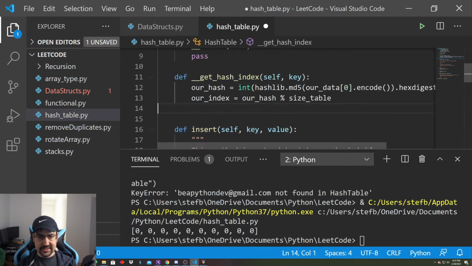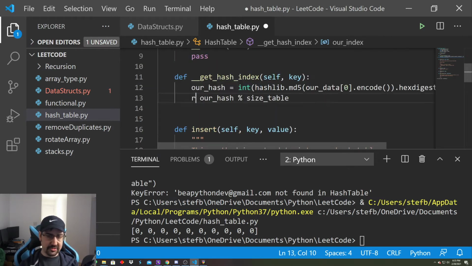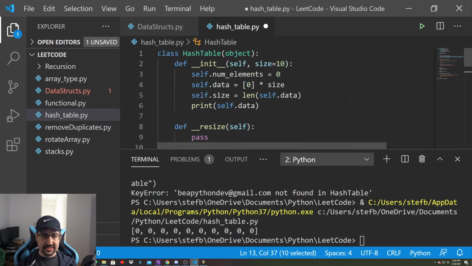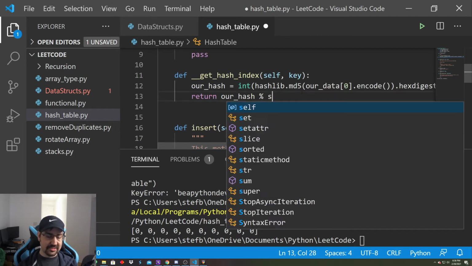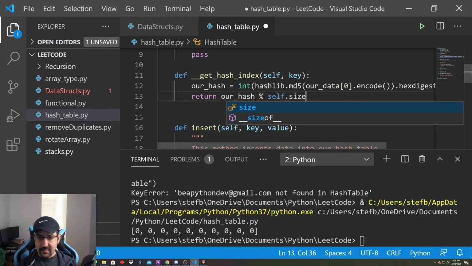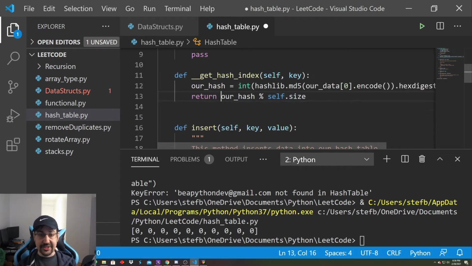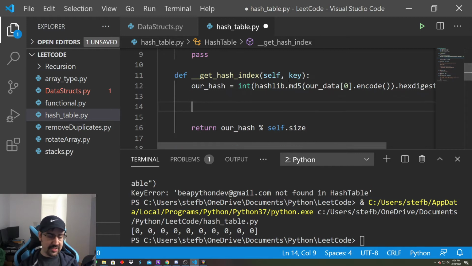So we'll get rid of the pass. We will return this value. So this is our hash index that gets generated here using the rhash variable, and then taking a modulo based on size table, but size table does not exist in this new code, but self.size does exist. So if we were to resize the hash table, self.size will change, and we will get a new modulo value for our code. So for instance, if we have a string,